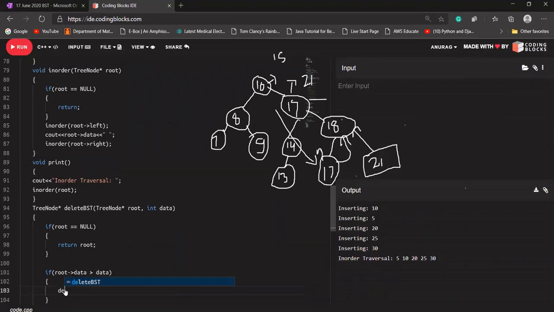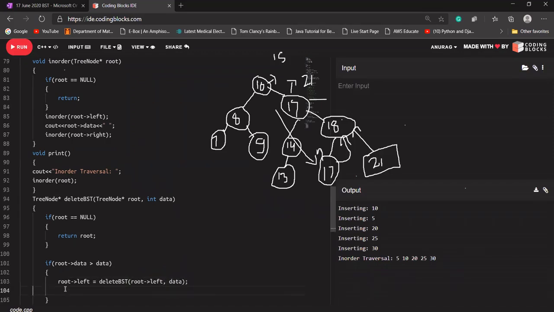So root's left will store the address of what it returns. I'll pass my root's left and I'll pass my data to it. It's the same thing we do in the case of insertion.